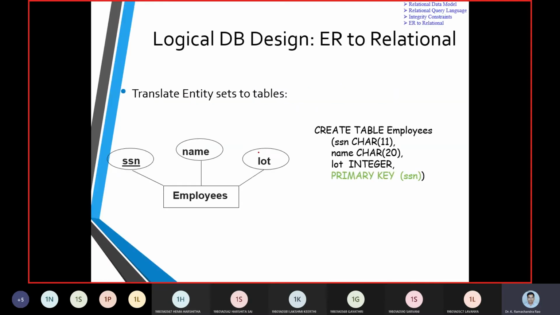This was the aim. We talked that we have a primary key, which is represented with an underline. SSN, name and lot are called attributes, and employee is an entity set.